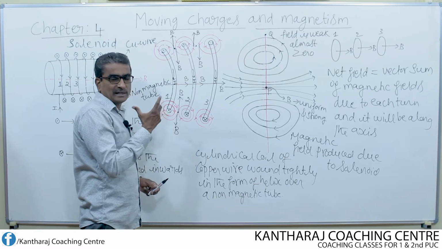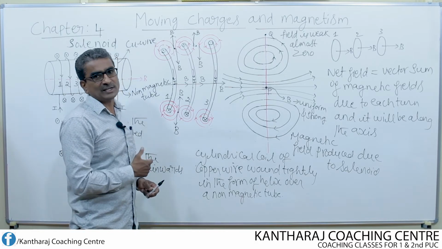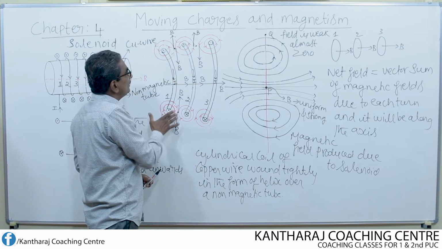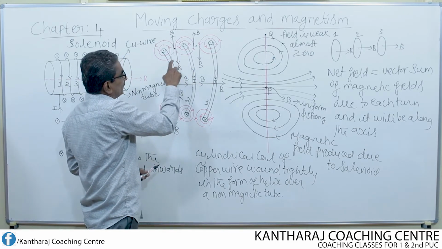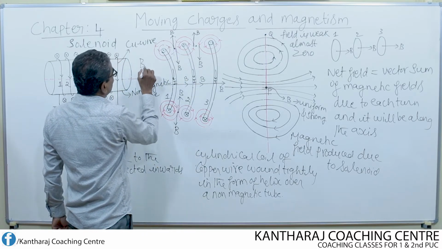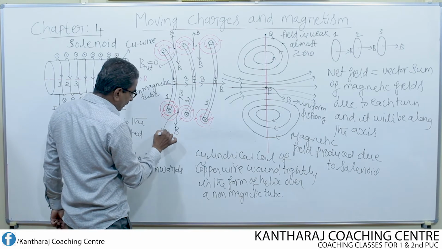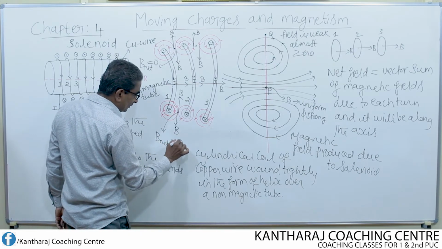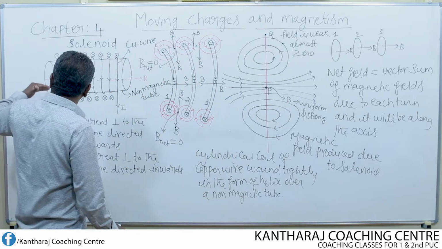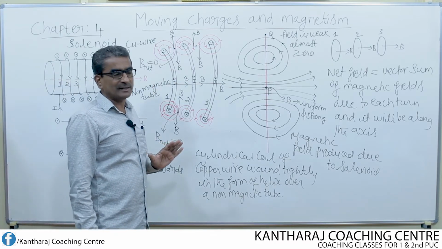But at one particular point, if you want to find the magnetic field, it is convenient to draw the tangent to find the field direction at that particular point. What I have done is the same thing both at the top as well as at the bottom. I have shown that between any two turns, the total field is equal to 0. Don't forget. So at this point, B net is equal to 0. Similarly, at this point, B net is equal to 0. So what does it mean? In case of a solenoid, the magnetic field always exists along the axis. This is the first point which you have to remember.